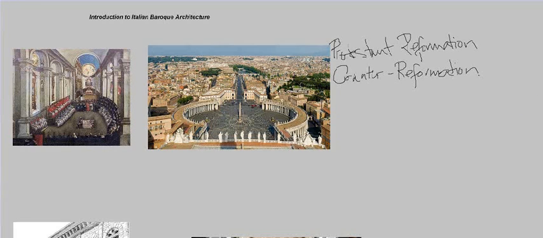So just to review, the Protestant Reformation saw the Catholic Church as corrupt, an unjust religious system whereby people could buy their way into heaven. And they also saw the popes as unnecessary. So clearly this was a major threat to the Catholic Church. The Catholic Church responded by putting in place several reforms. And these reforms were intended to stress their spiritual authority and to help bring people into the fold of the